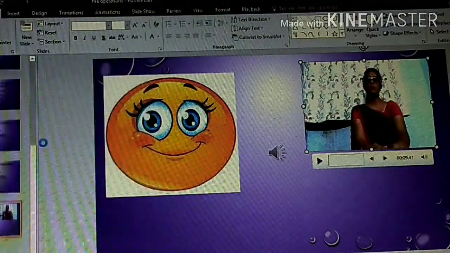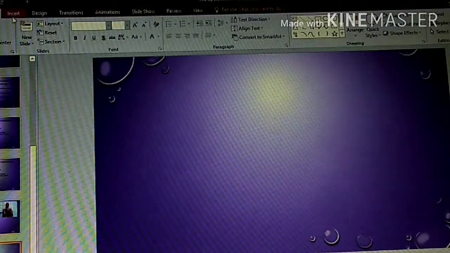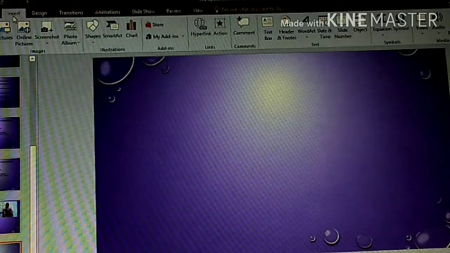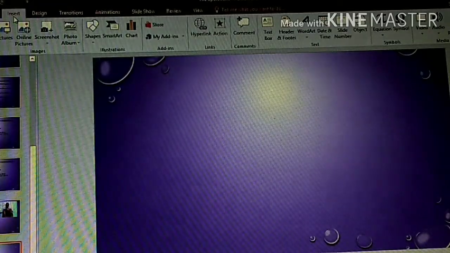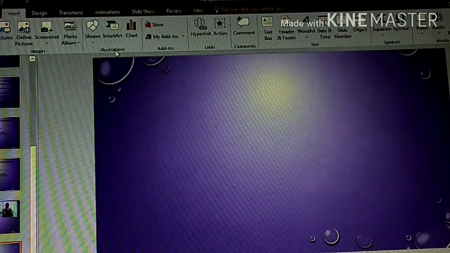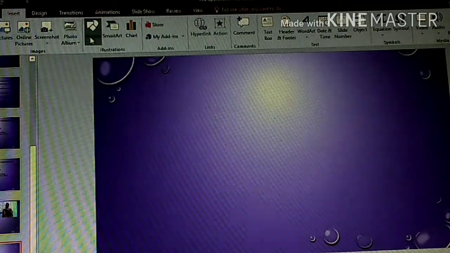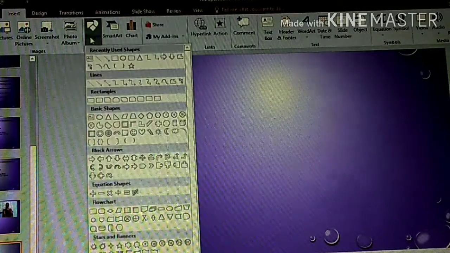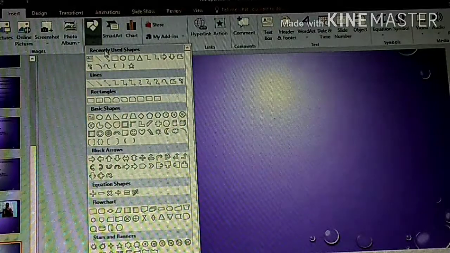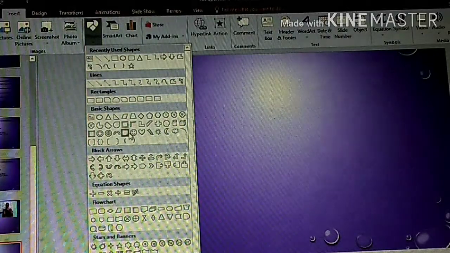Okay, then today's last activity that we are going to see is the inserting of action buttons. Okay, so to insert an action button, I'll go to the insert option, then I'll go to illustrations. From here I will click on shapes. From the shapes I will select the action buttons.